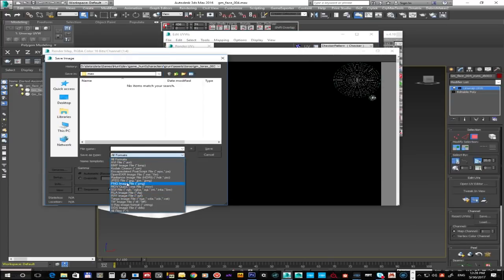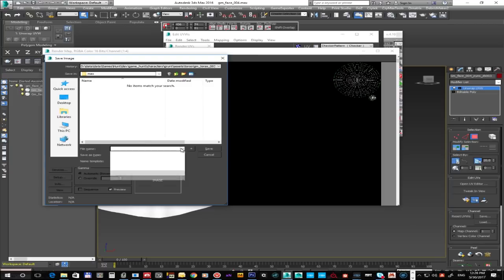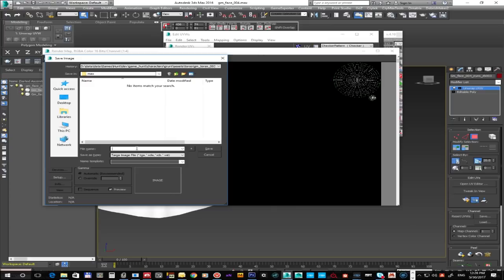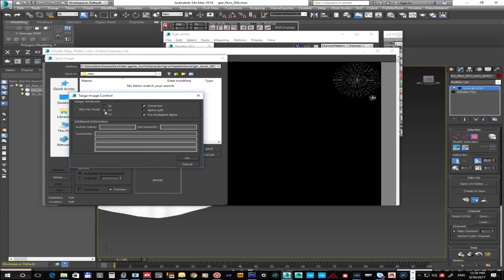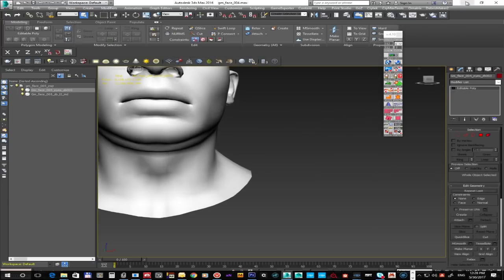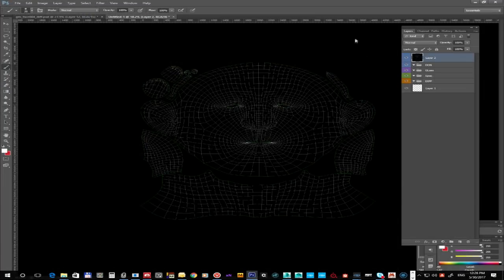Okay, in my case TGA, and where are we? Okay, so let's just put it here. So UVs, boom. I'm putting 30 because I'm probably gonna get the alpha out of it, but whatever works for you. Close that up, go back to Photoshop, open